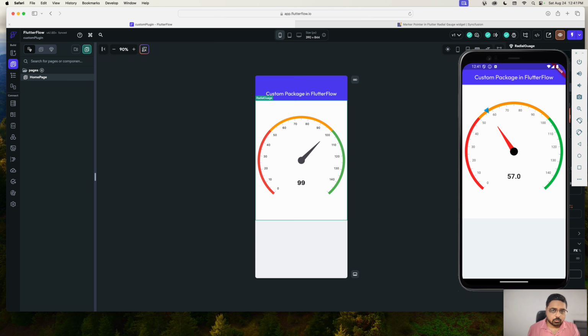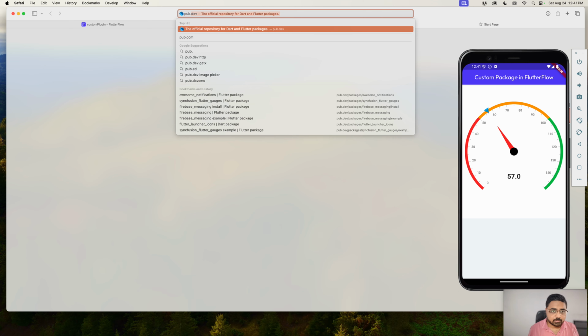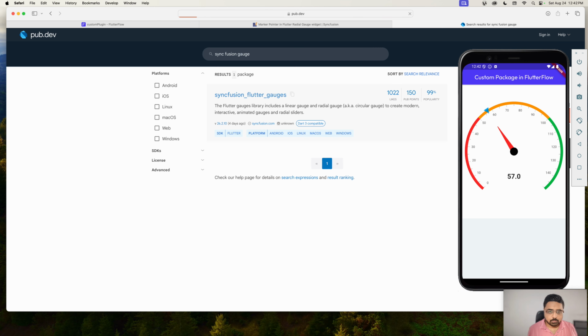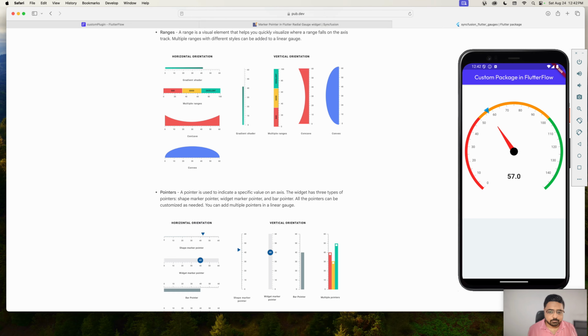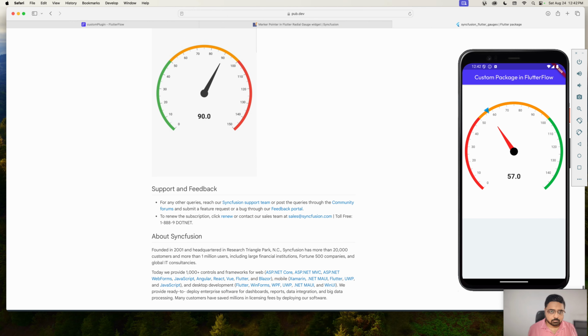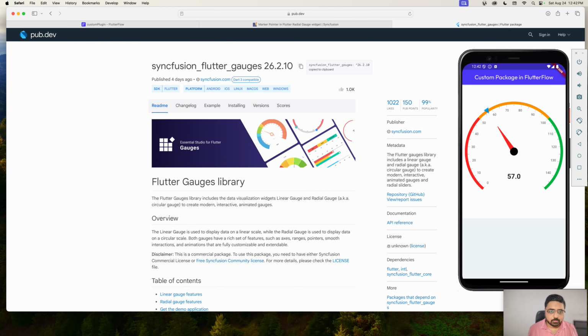Okay, so first of all, I was searching for many plugins for the speedometer kind of thing. Then I landed on the Syncfusion gauge plugin. It has many different types of gauges like linear, rounded, and all. And I wanted to implement something like this. Okay, so what we will do is we will copy this name